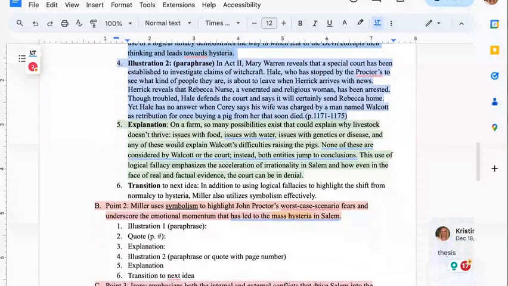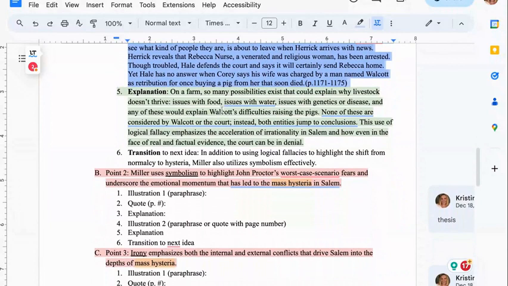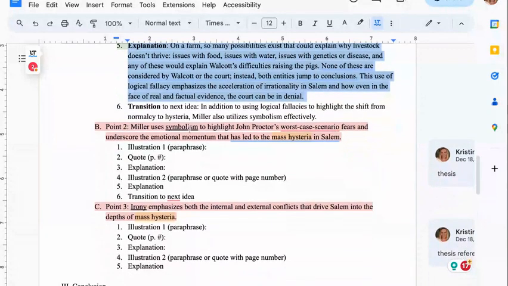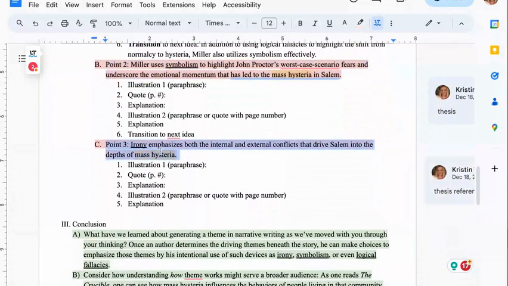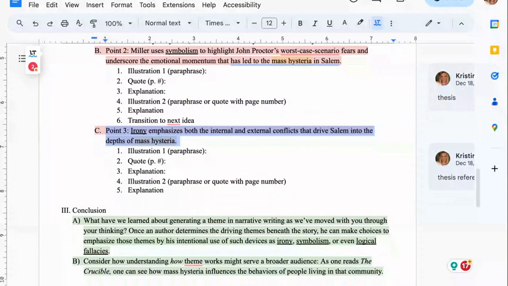And I'm going to repeat that process. I'm going to find a second place somewhere in the story where a second logical fallacy is at play, and I'm going to paraphrase what was happening in that particular scene. And then I'm going to explain once again how that connects back to how Arthur Miller is developing the theme of hysteria, or whatever I've picked. All right, and I'm going to repeat that process, only this time I'm going to focus on symbolism, and the next time I'm going to focus on irony. And I'll be filling these slots in as I find the information using my close reading note takers and my